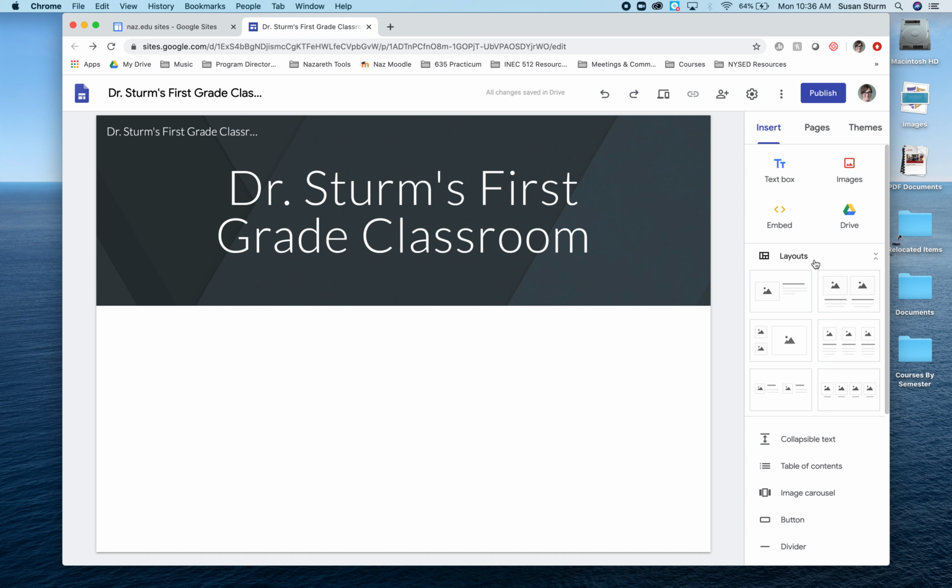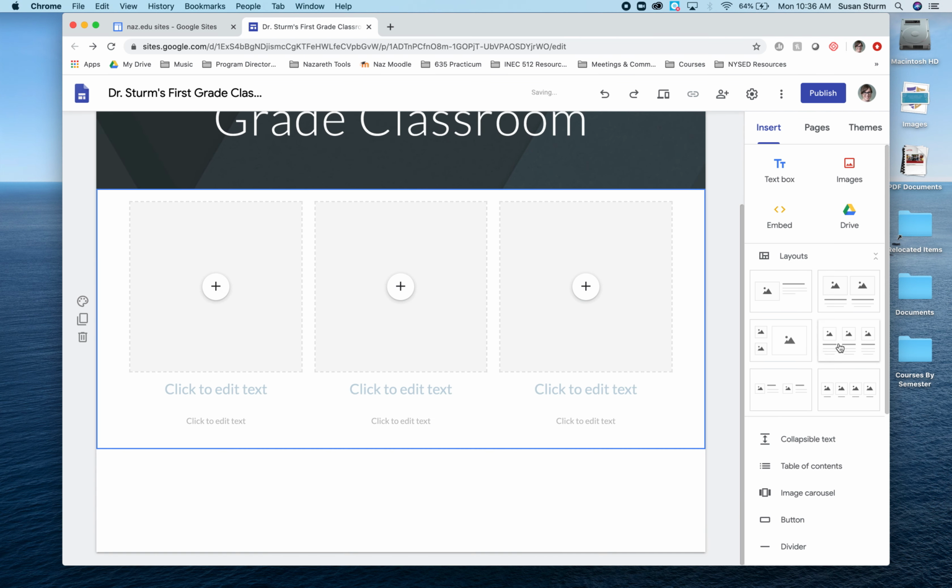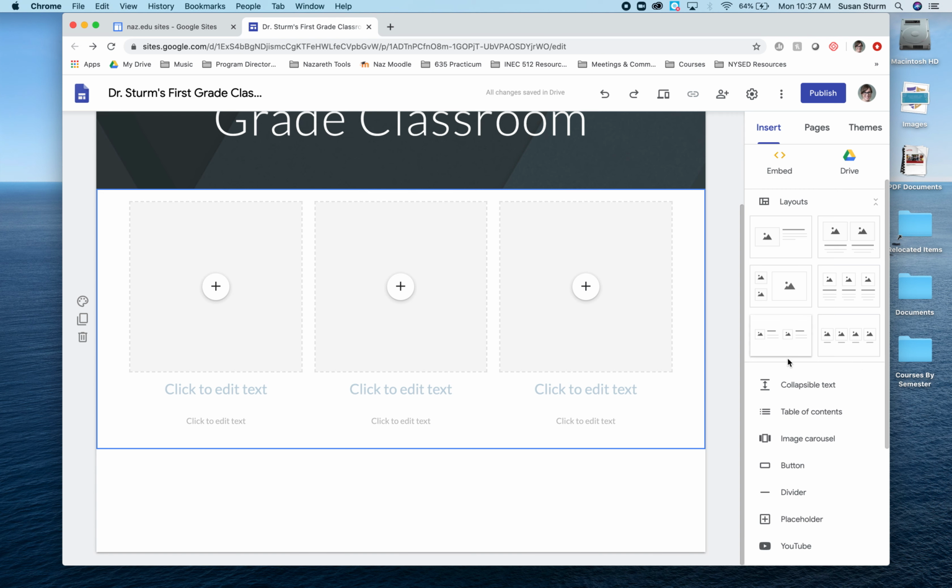Okay, so the first thing I suggest you do is create a very simple navigation for your homepage. And there's a couple of ways that you're going to do this. One that happens automatically for you, and one that you're going to build through the layout function over here. So pick a layout that you like. Pick one that is going to work for you. There's only 6 options. I happen to like this one, and I'm going to explain why. So I think 3, and you can choose 4 if you'd like over here, but I think 3 nice things to have on your homepage are